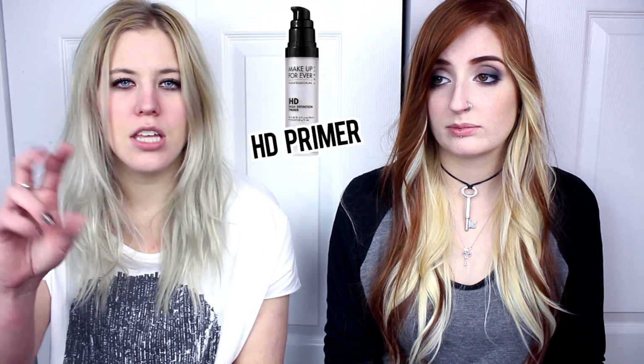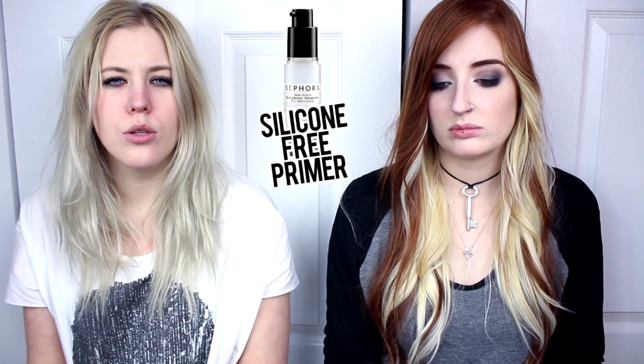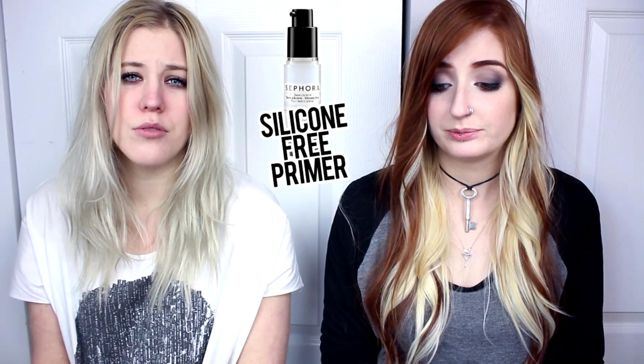I have normal skin. I don't use eye primer, I just use foundation. I cheat. For foundation primer, I've used a few this year. The Makeup Forever, I think it's the HD one. It just helps it settle. I've also used the Sephora brand luminous one, and it's the same effect, so you look glowing. That one is silicone free, which is really nice. Yeah, because my skin is prone to...